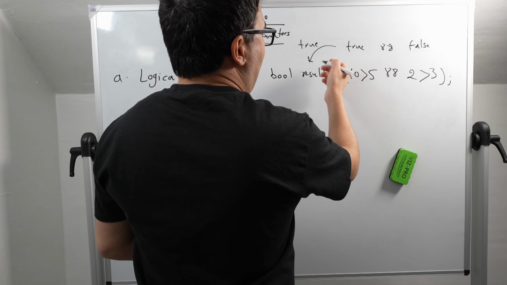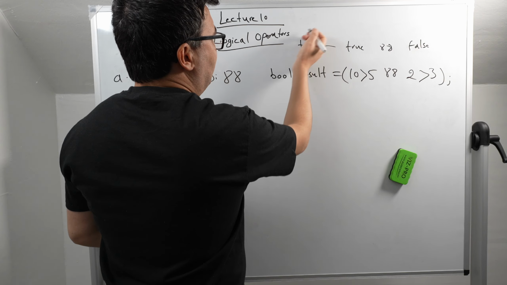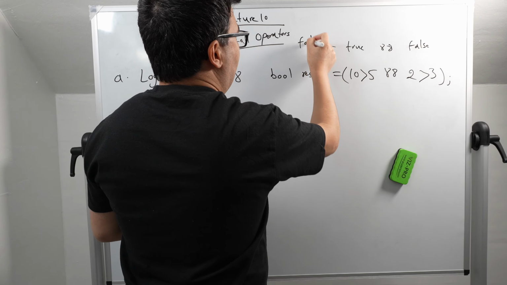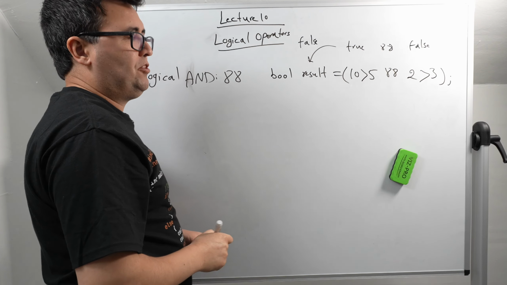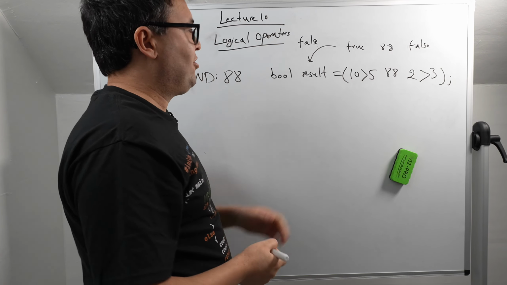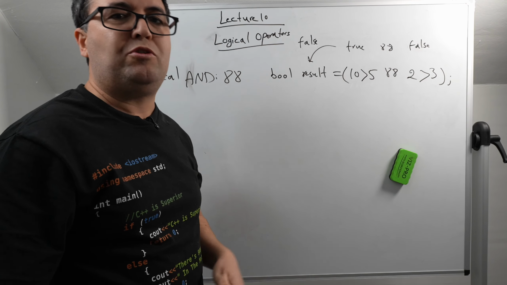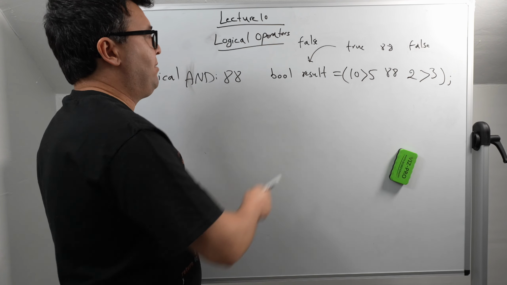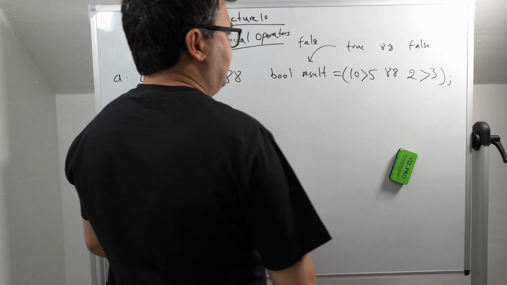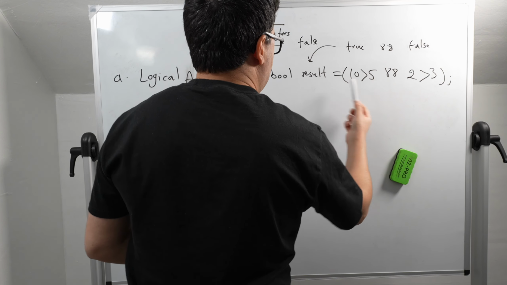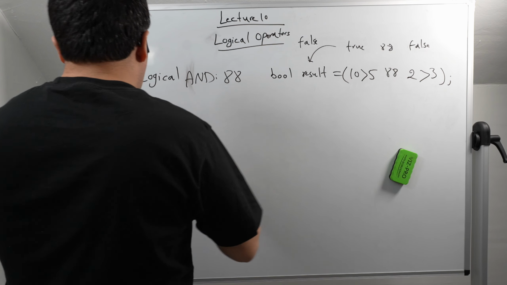So now the result will be false because one of these conditions is false. The result will be false, or 0. In C++, 0 is considered false and true is considered 1. So it will print 0. It means the result of the condition is false. So let's go for